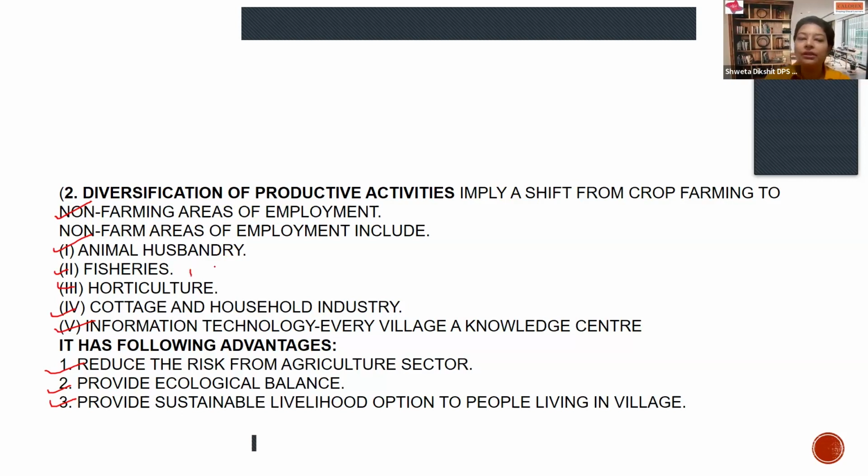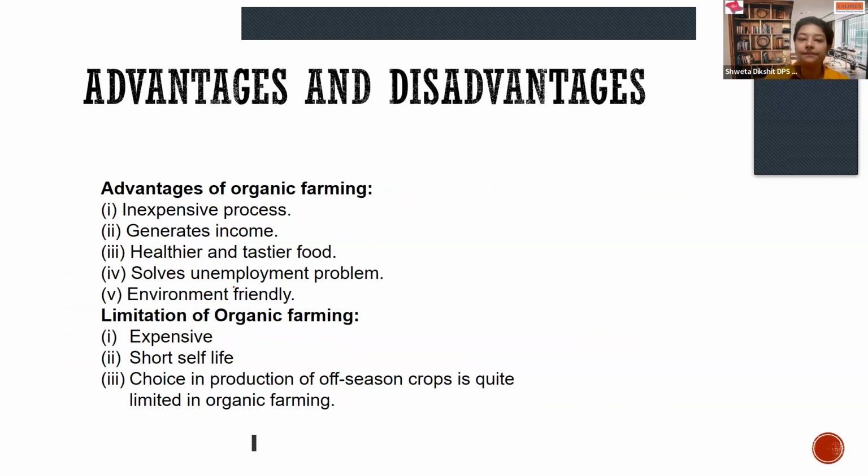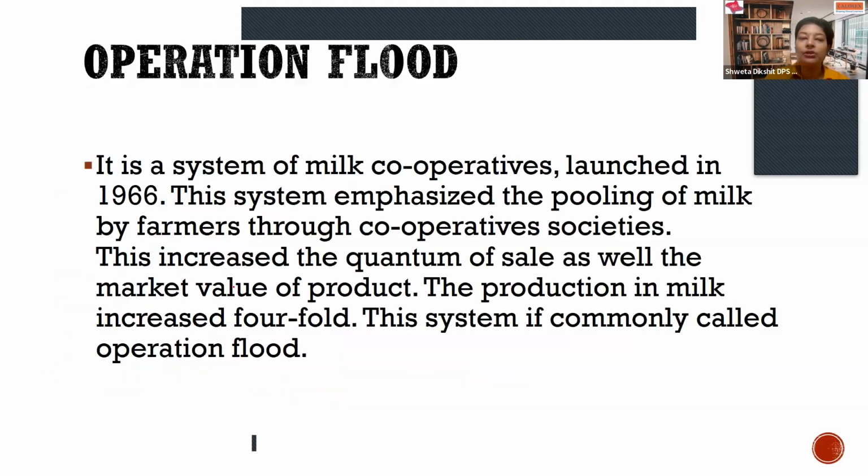For fishery, the revolution is very commonly known as the blue revolution. I repeat, blue revolution. Remember that blue revolution is associated with fishery. For horticulture, there is a revolution known as the golden revolution. So this is also a very important one marker, golden revolution. Now, keeping these one markers in mind, I would also tell you about Operation Flood. Operation Flood is actually associated with the white revolution, very commonly known as white revolution.